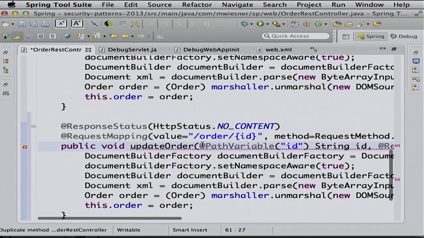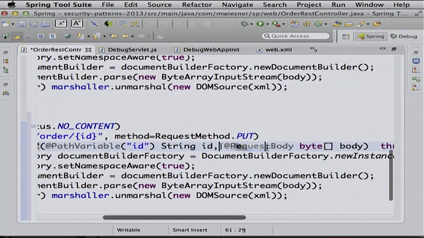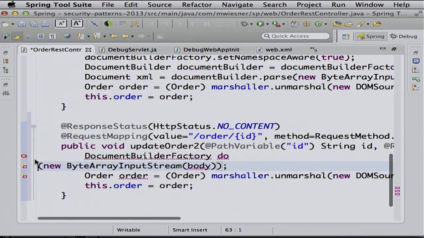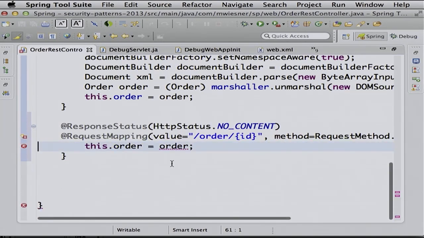Don't trust these frameworks. Of course, it would be a lot easier if you would trust the framework. You could do basically the same using the Spring MVC converters and then just replace that byte array with the order object again and remove all that stuff here.